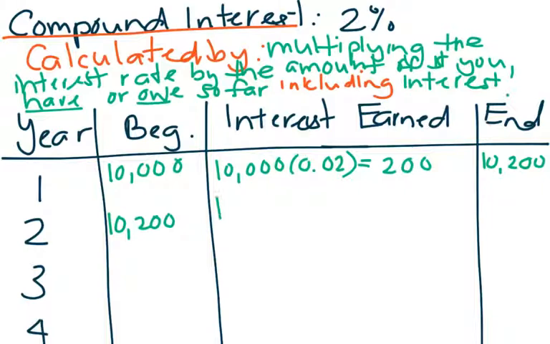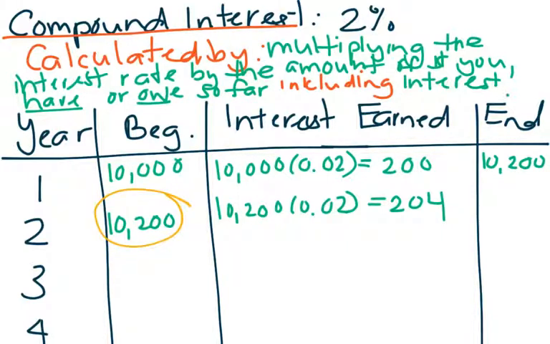So I'm going to take $10,200 and multiply it by 0.02. And if you throw that into the calculator, you get $204. Woohoo, 4 extra dollars. So if we started with 10,200, add 204, we are going to get $10,404. So how much do we have at the beginning of year 3? Well, we've got this number here. So we're going to take, at the beginning of year 3, we've got